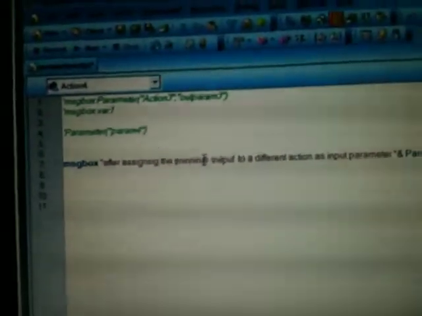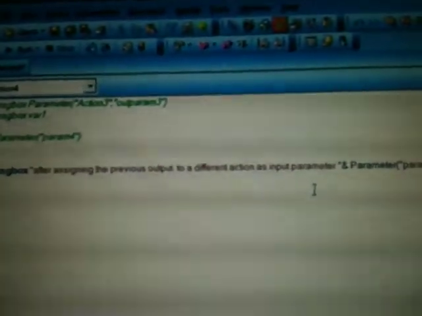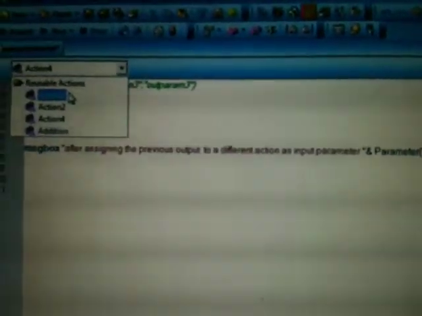So after assigning the previous output to a different action, that is in action 4, as an input parameter, what is the value? Now let me try to run it for you.